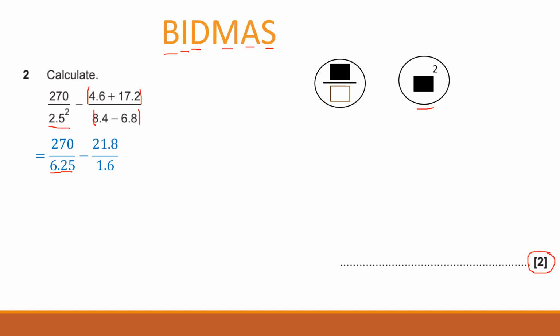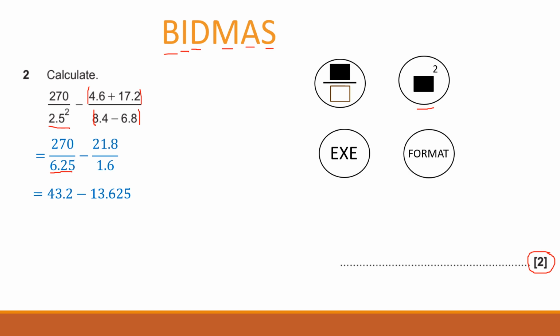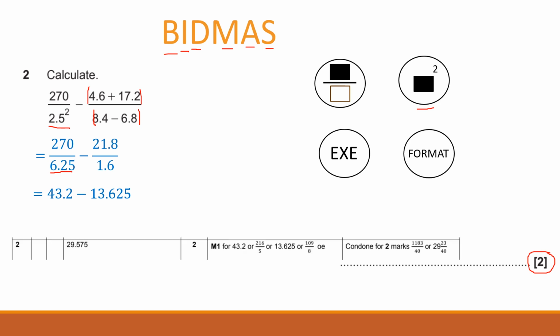Now I've just got to type this into my calculator and subtract the 2 numbers. If you do that, that will give you 43.2 take away 13.625. Now to get the answer, all you've got to do is type those 2 digits into your calculator and press equals. Note on the new calculator, the equals button is EXE, meaning execute. And then to convert that to a decimal, you'll need to press the format button and then press the arrows to convert it to a decimal, or the SD button, depending on which calculator you're using. If you type that in your calculator, you will end up with